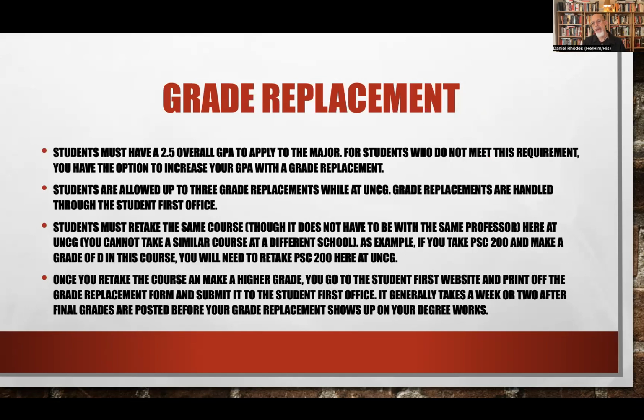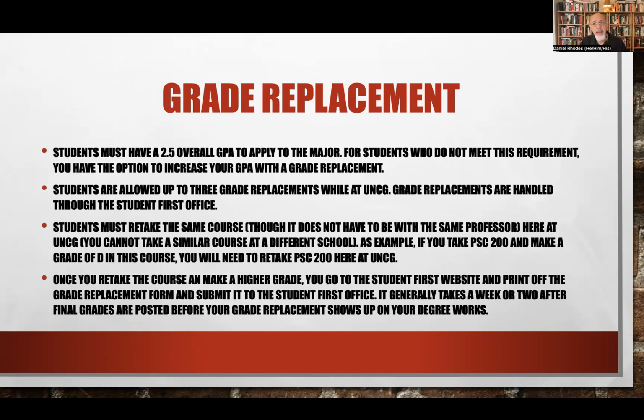So, grade replacement. What happens, of course, is we all make mistakes at universities and colleges. We take a course, it impacts our GPA, and then we have to determine what we're going to do from here, because you have to have a 2.5 GPA to advance in the major, 2.5 overall GPA. From my understanding, and this has probably been updated since, you can get up to 3 grade replacements. What that means is if you take a course like American politics and you tank it, you make a D or an F in it, you can retake that course. It has to be the same course. It does not have to be with the same professor. So if you do not do well in American politics, if you retake that course and make a higher grade,